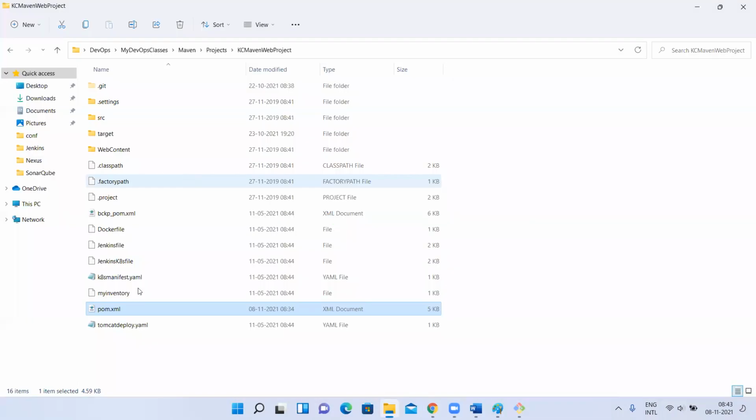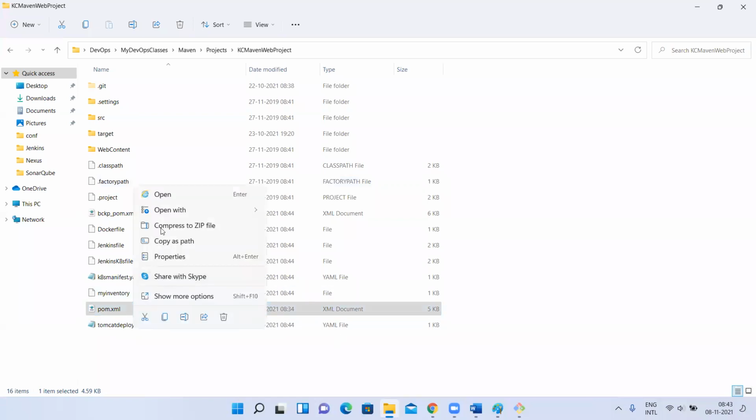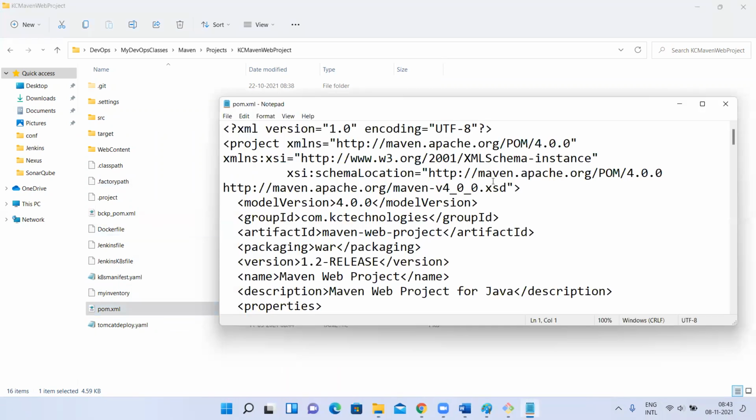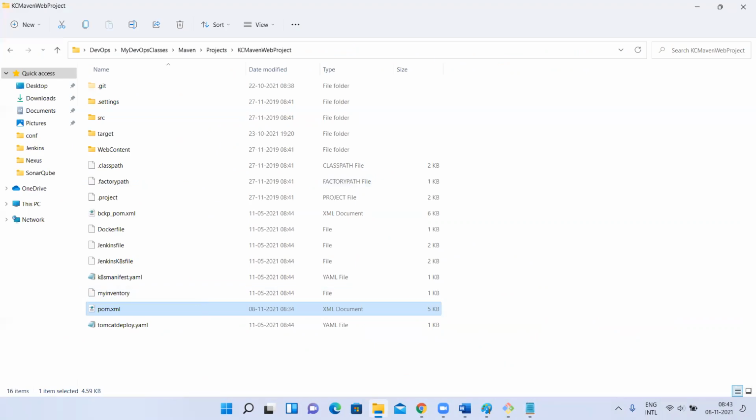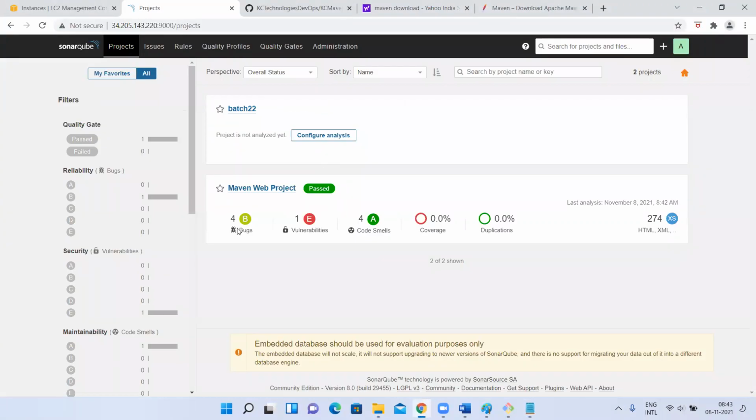I have the same pom.xml in Windows, right? Let me show it from here, because on Linux I cannot easily show it. Okay, you see here, the name has come from this Maven web project. The display name we have given like this, right? So this name is going to be used for display purposes, Maven web project. So in my SonarQube, we have used that name, the display name, whatever we have here. The name element someone was asking about, right? So this is a display name, and it will be used here.